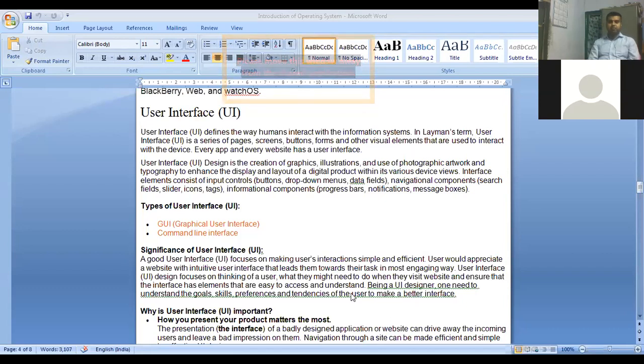Then the navigation component. If you see in Windows, there is a back arrow and a right arrow. All these help us to move from one window to another. With the help of the arrows present in each and every window screen, it helps us to navigate from one part of the window to the other. So navigation components are also one of the essential components present in the user interface. So basically the user interface provides us all the essential components.